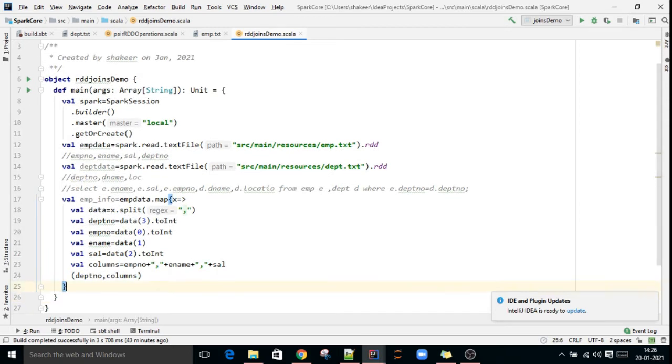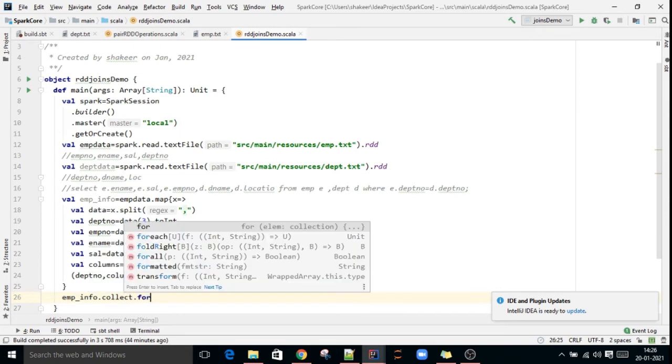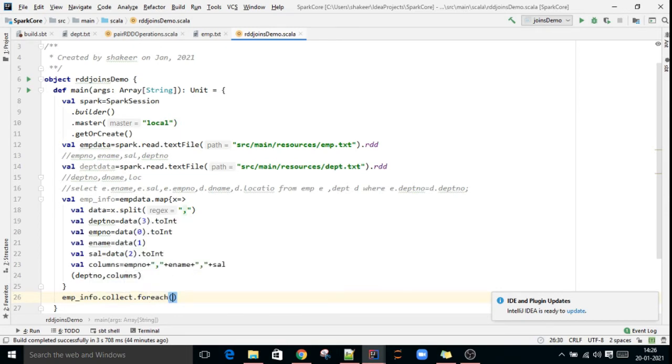If you want to check the output of this emp info, collect, foreach println.